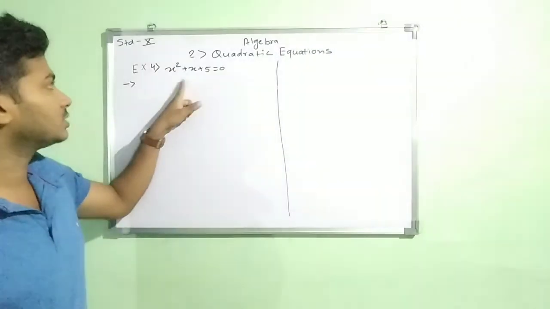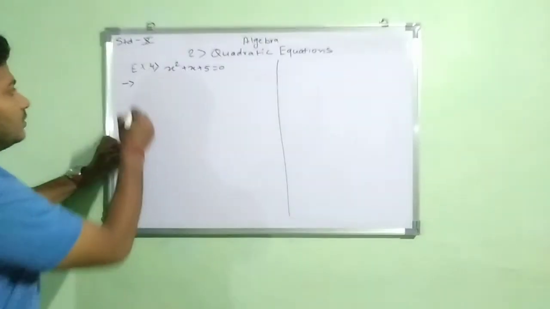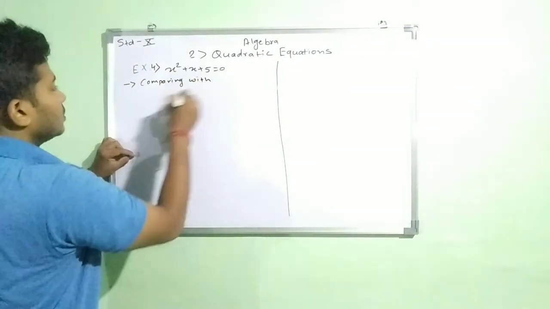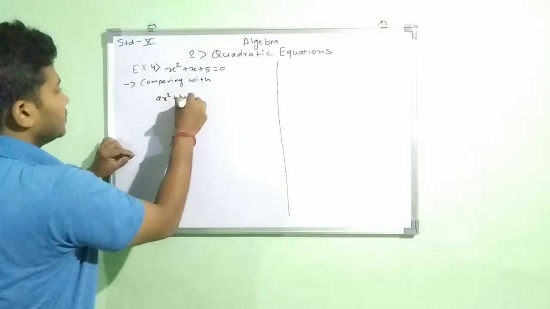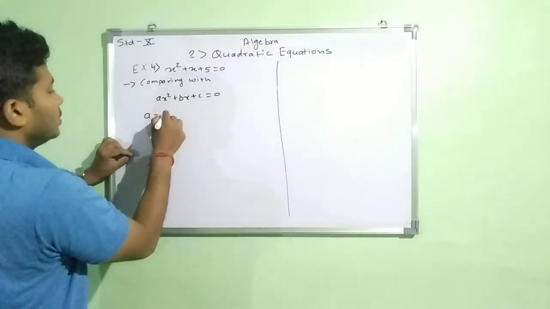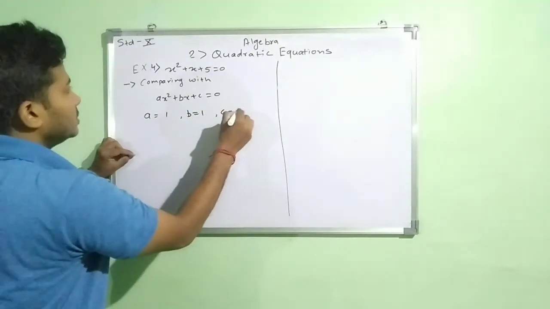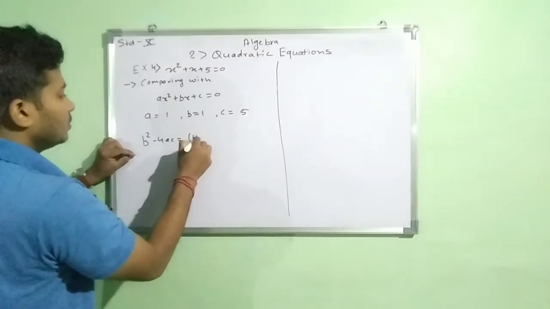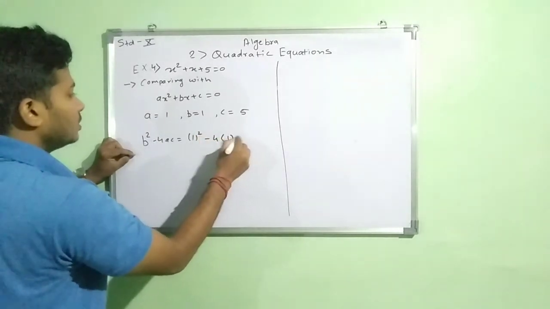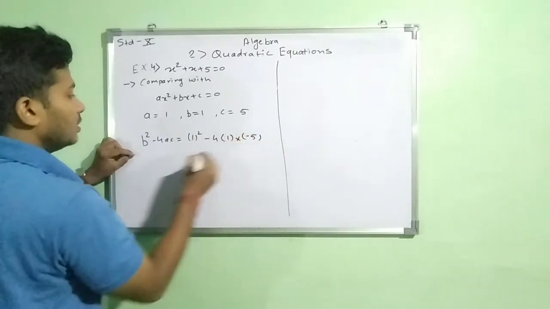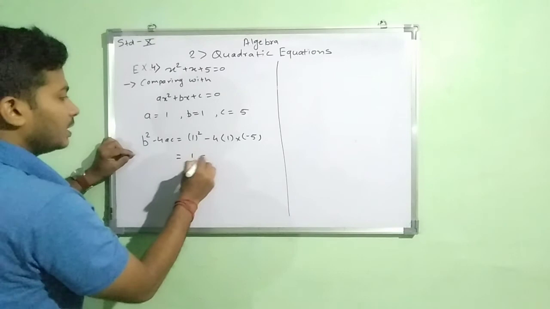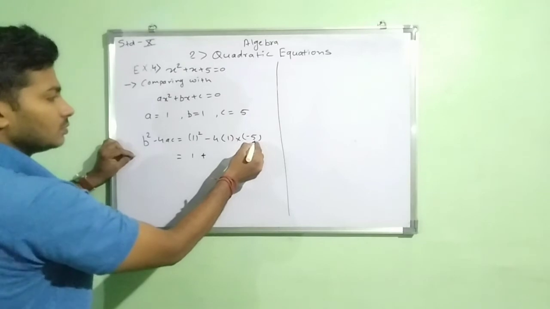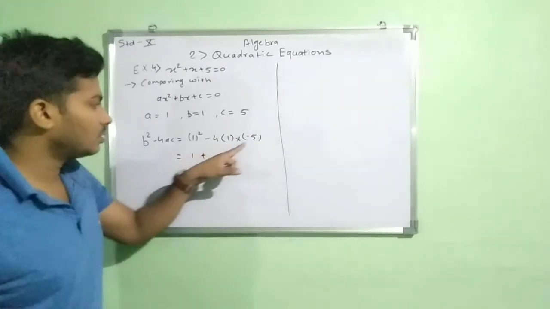So this is our fourth example, x square plus x plus 5 is equal to 0. So again we have to do the same. Comparing with ax square plus bx plus c is equal to 0, we will get the value of a as 1, the value of b as 1, and the value of c will be 5. So we have to find b square minus 4ac, which is equal to the value of b square will be 1 square minus 4, multiplication value of a is 1, multiplication 1 minus value will be 5. So square of 1 will be 1 minus, now look here, minus minus sign will become plus, and the 4 into 5.